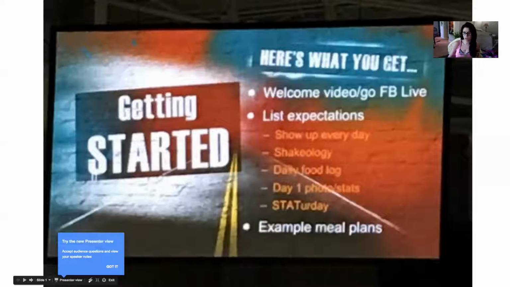It just keeps things fun and new. Also in your groups, I used to do customized meal plans for everybody, and it took me like 2 full days to do customized meal plans for each one of my challengers. I didn't mind it because the people I gave customized meal plans to got the best results.